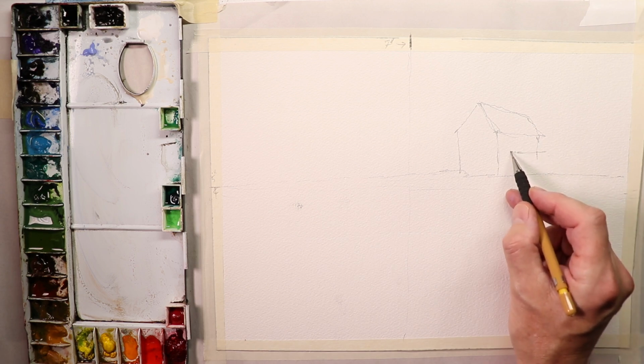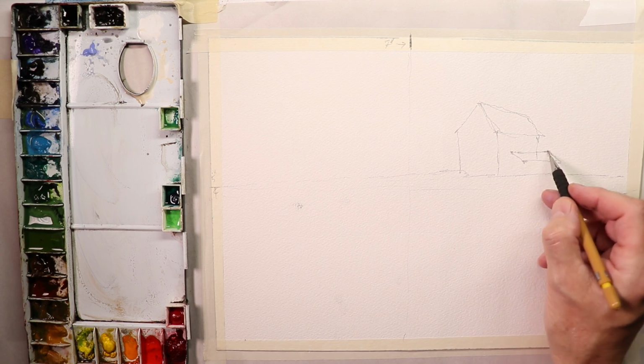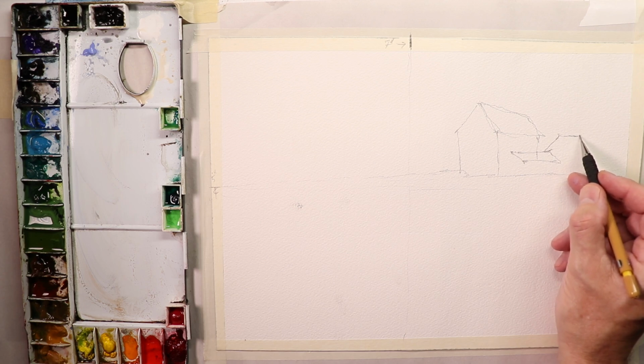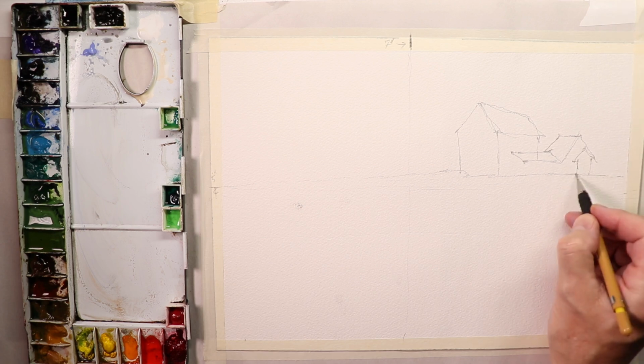And then we have a little bit of shack over here. And this one's over here maybe. And there's another there, so I'm just kind of working out some